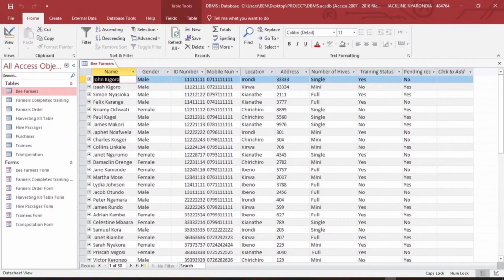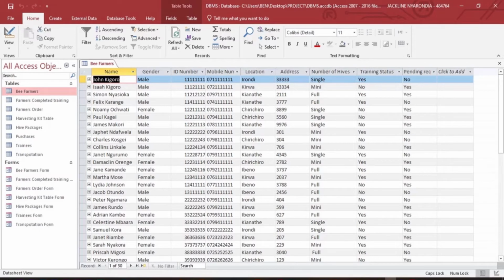I've created quite a number of tables. I've created 8 tables and I've created forms for the tables, but I've not yet created queries and reports. So I'm going to use these two to create the switchboard. A switchboard is basically a form that is modified to contain different control buttons that guide a user from